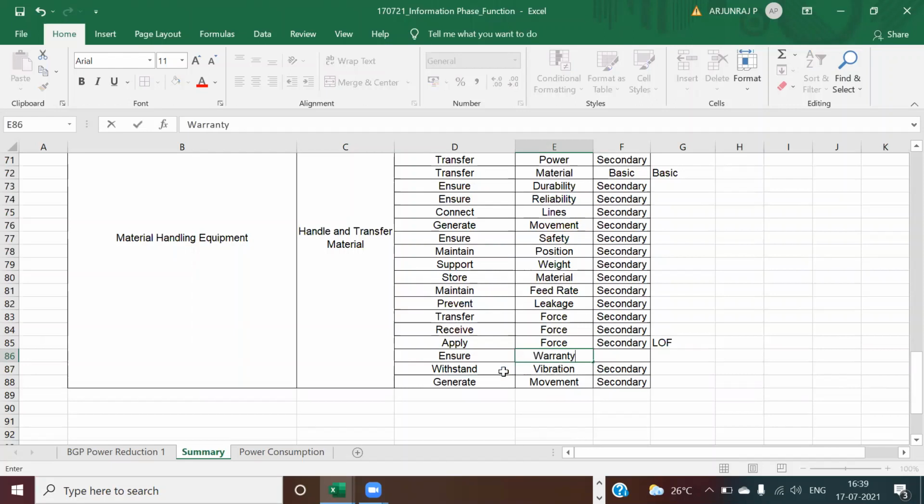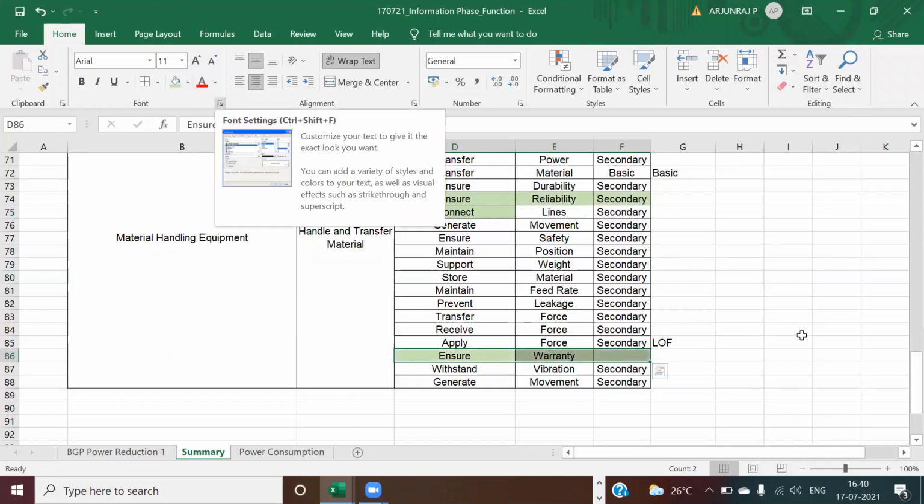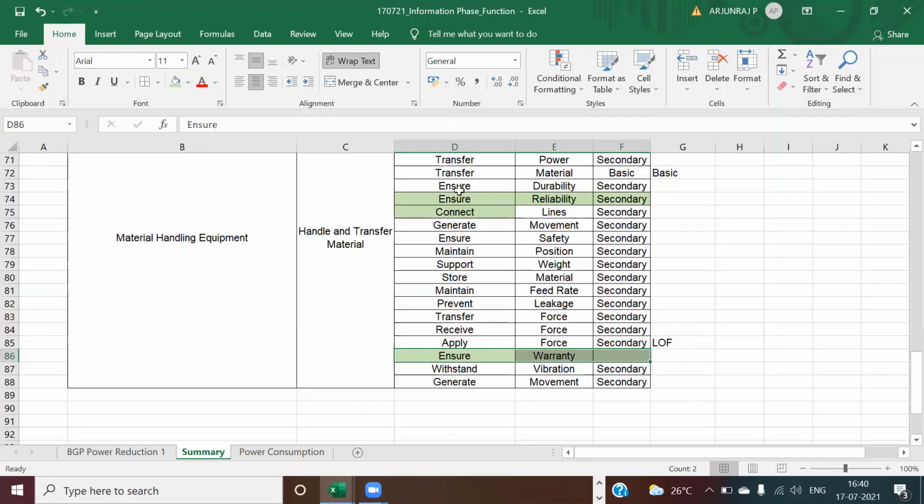I can achieve a warranty by making the product more durable and reliable. These are all coincidences. See, I am the manufacturer of a screw conveyor, so I need to give a warranty of so many years to the customer. How can I ensure the warranty? I can ensure my warranty based on my testing, based on my confidence, right? That confidence is going to come only when I clear my durability and reliability test, and for which I'm going to spend money also.